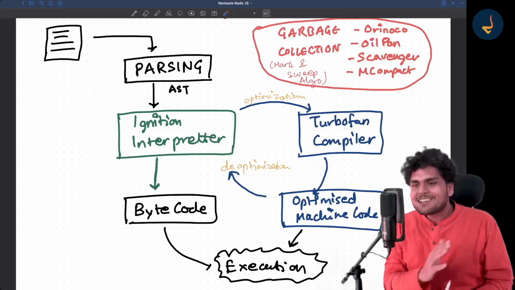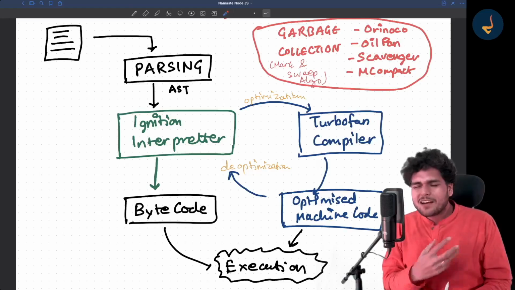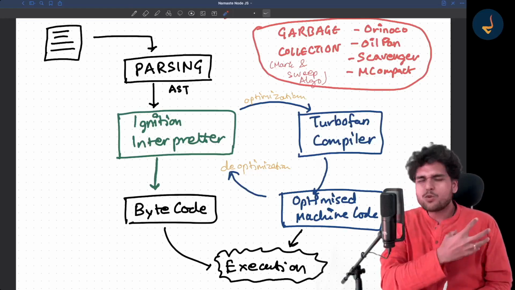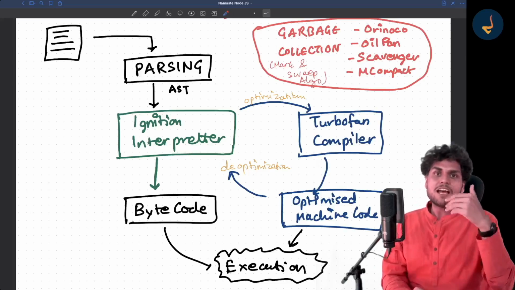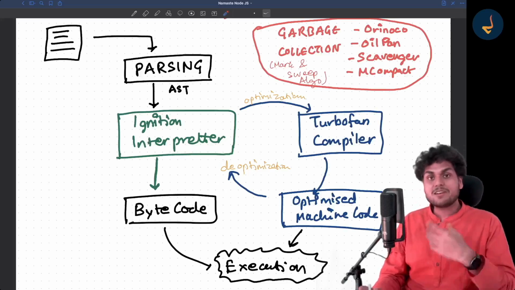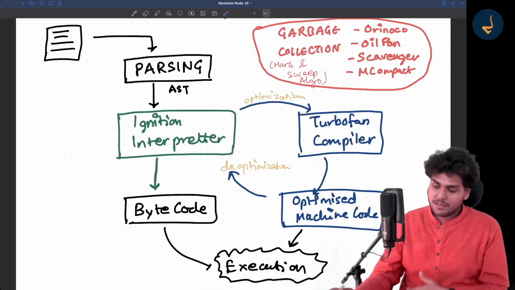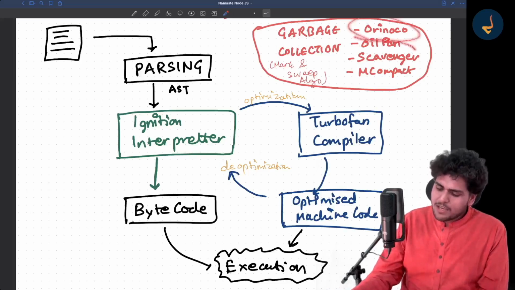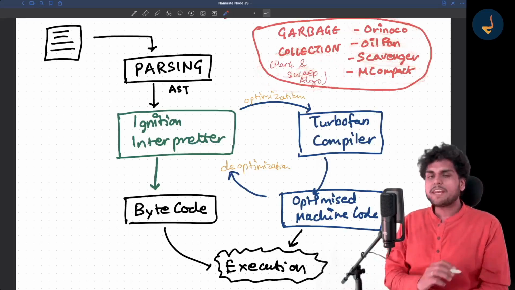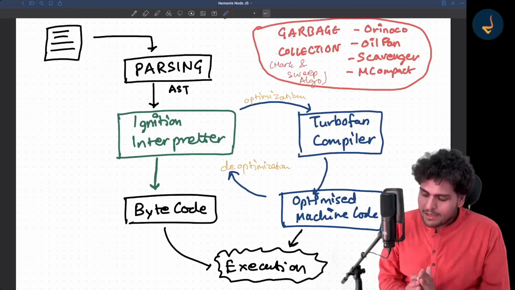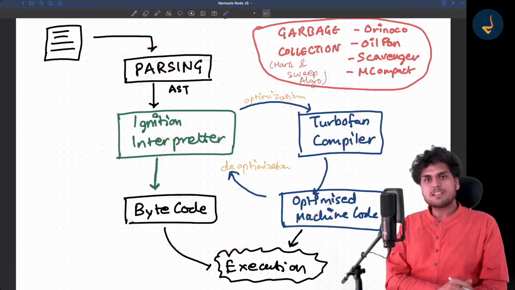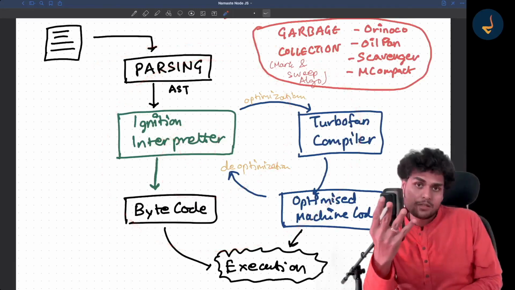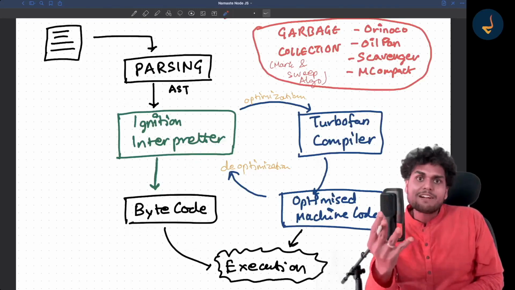That is why I just love JavaScript. I love how the V8 engine works. It's very, very beautiful, my dear friends. Read more about inline caching, how it happens, copy elision. Read more about all these jargons that I told you. All these things are very amazing and unique in themselves. This is how the whole V8 engine works, my dear friends. Hope you have understood it.